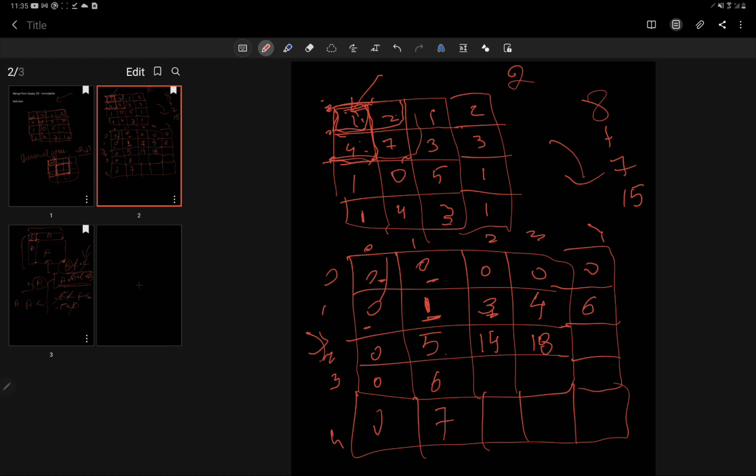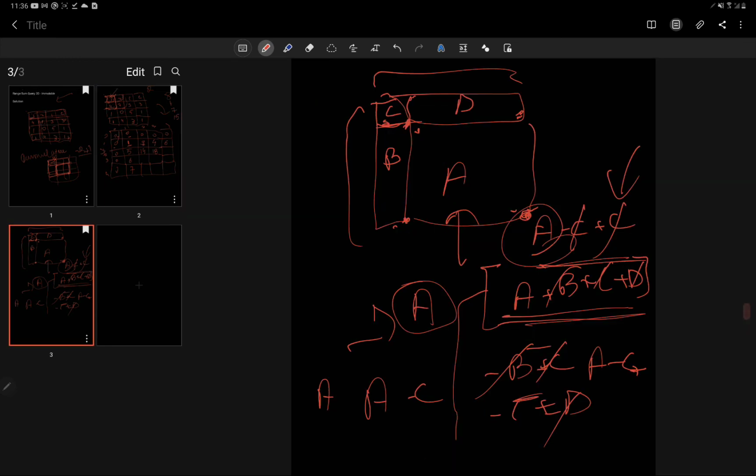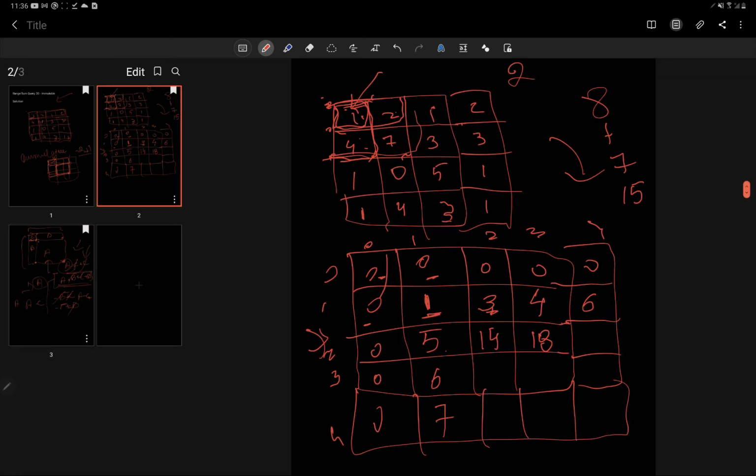Once the cumulative sum matrix is filled, to get the required sum, we will just be subtracting the sum of the previous values that I explained here. I hope the approach is clear, and this approach would give the solution in O of 1 time, and the space complexity would be O of mn.